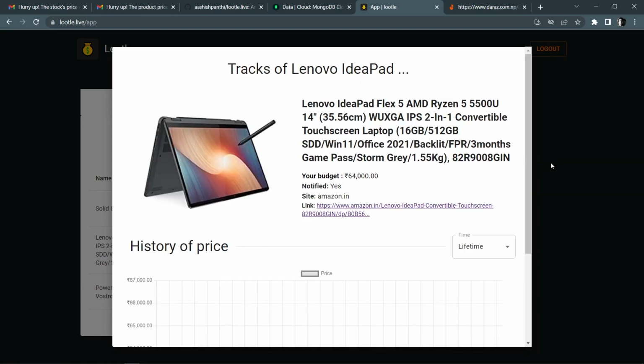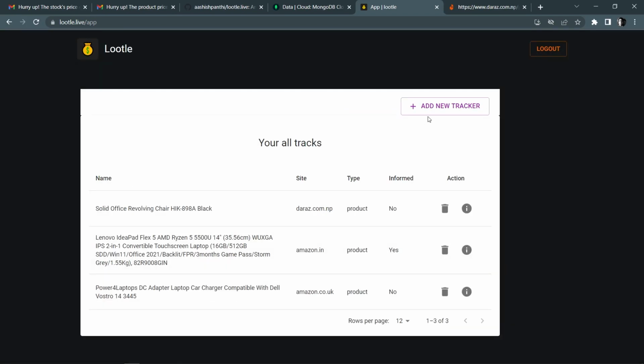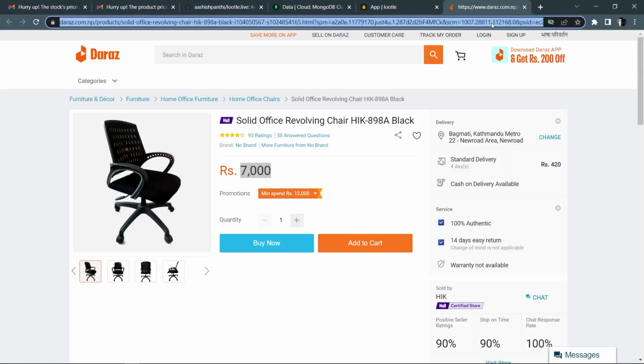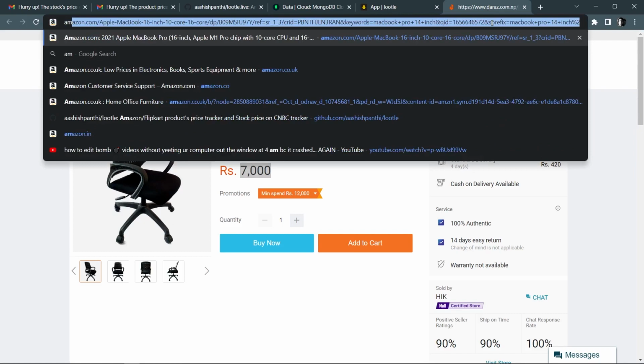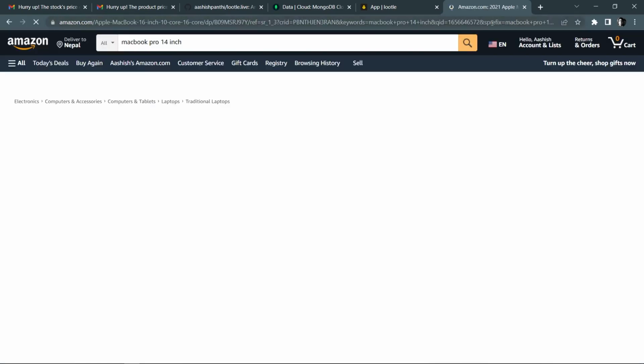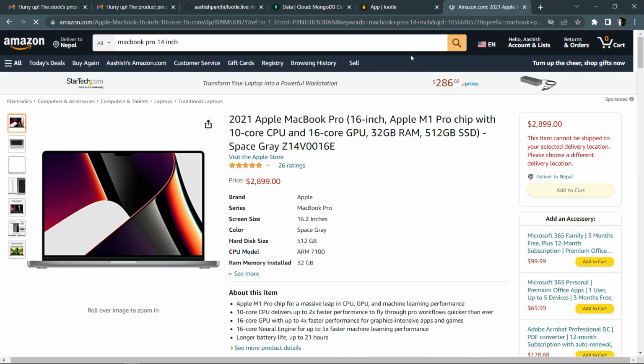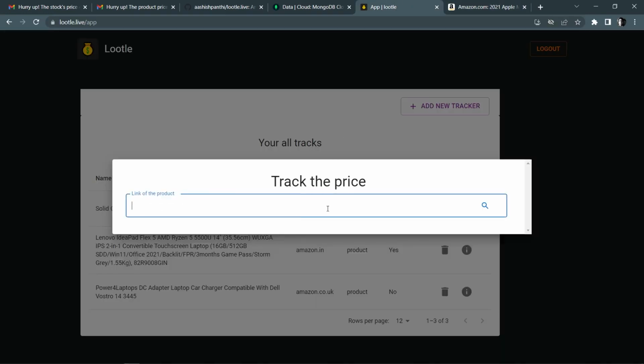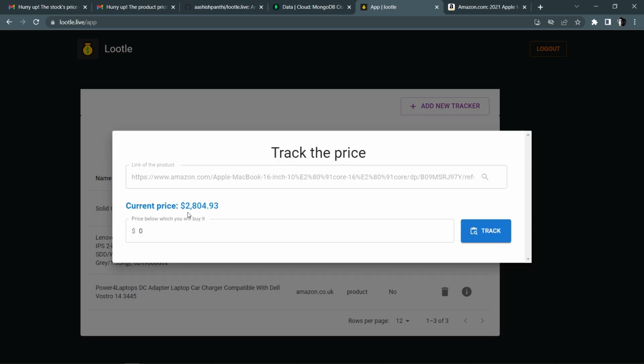So this is all about the tracking. So let me add a fourth one in here. Let me show you how you can track a product. So let me open up Amazon in here, and I'll track the price of this MacBook. First of all, to track the product's price, you need to copy the URL from here. So I'll paste the URL in here. I'll hit this search icon, and it will take some time to fetch the details of that product. So it successfully fetched the